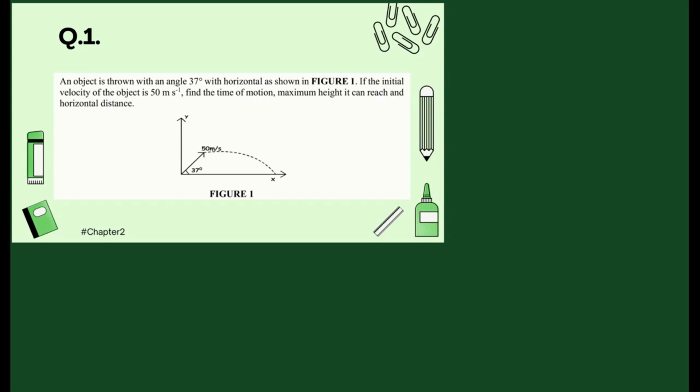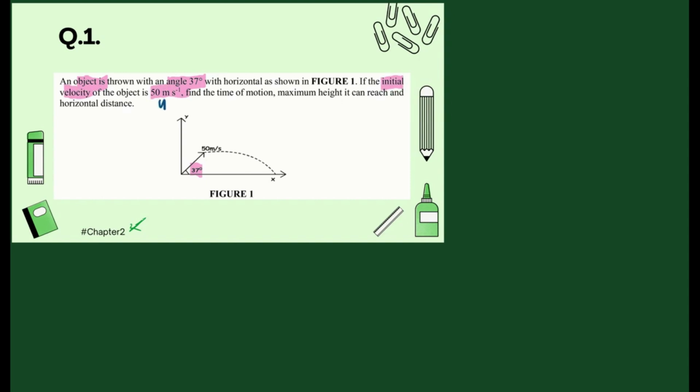Solution for question number 1, that is from chapter 2. Let's read through the question first. We have an object thrown with an angle of 37 degrees with the horizontal as shown in figure 1. If the initial velocity of the object is 50 meters per second, so this is our value of u, find